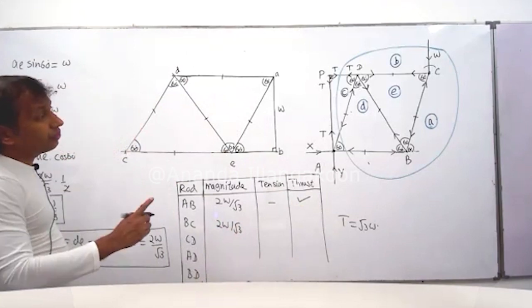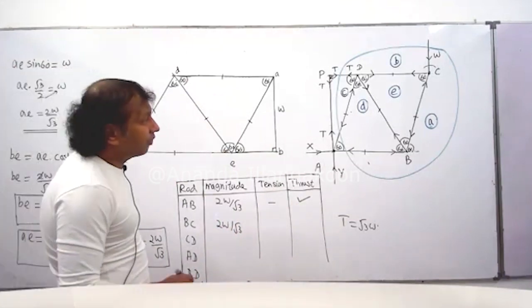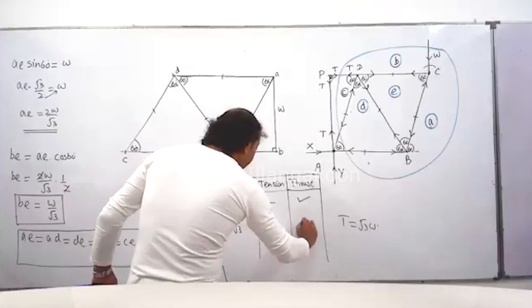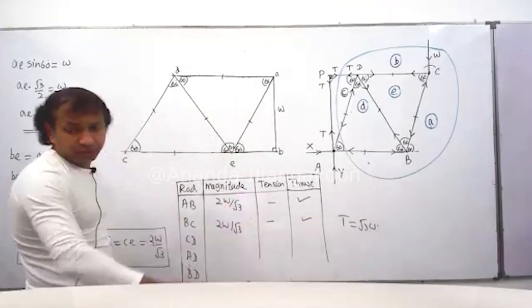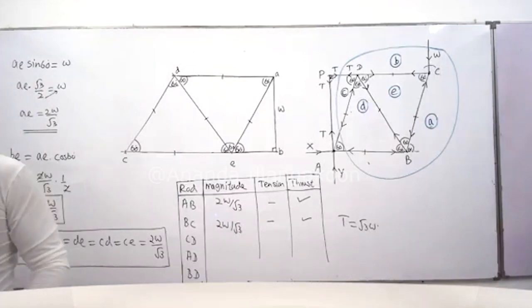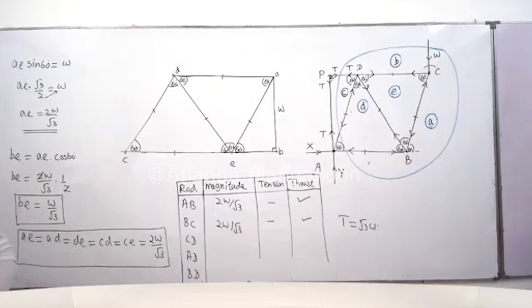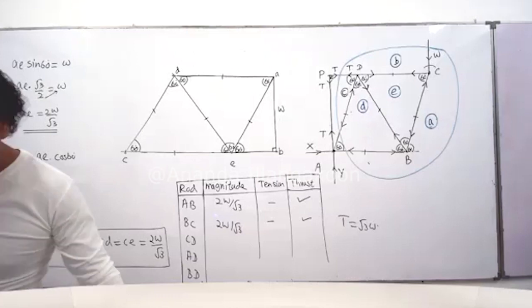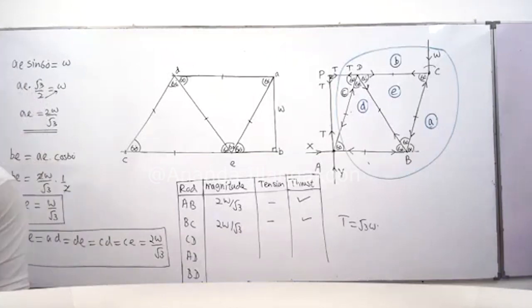BC rod has a thrust. Like this, people, you can fill the table. Fill the table, right? Right. This is the end of the paper number